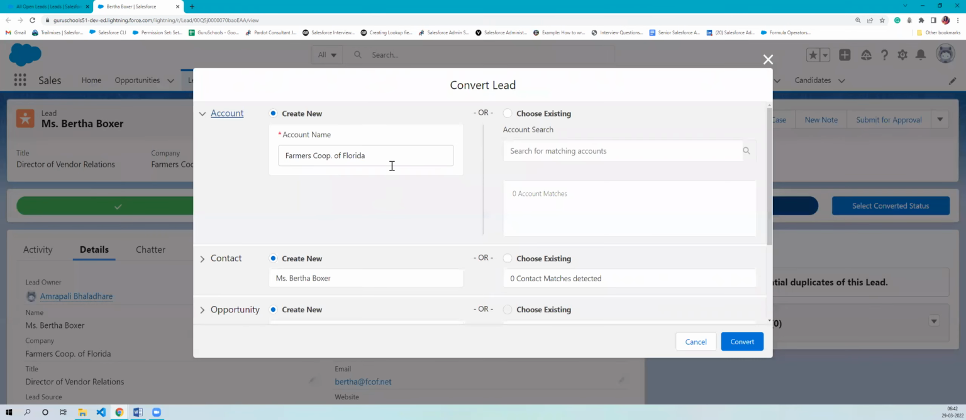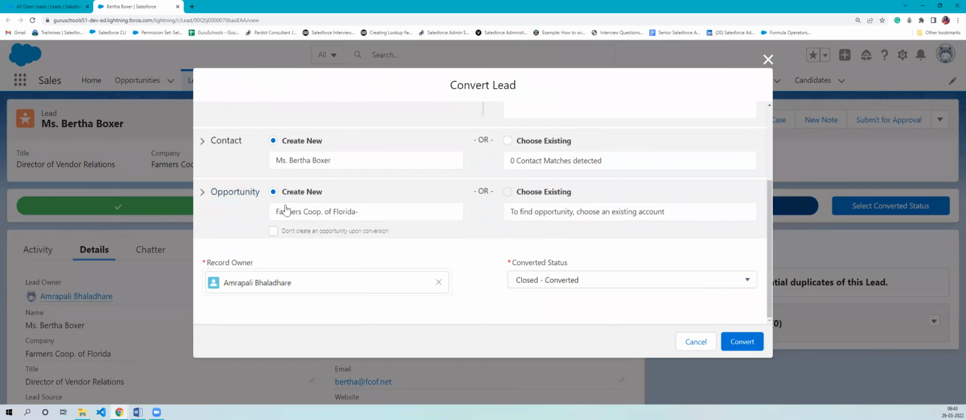Now let's convert this. Select converted status. Now let's say we are converting it into a new one. So here I will select new account, new contact, and optional opportunities. If I do not want to create an opportunity,